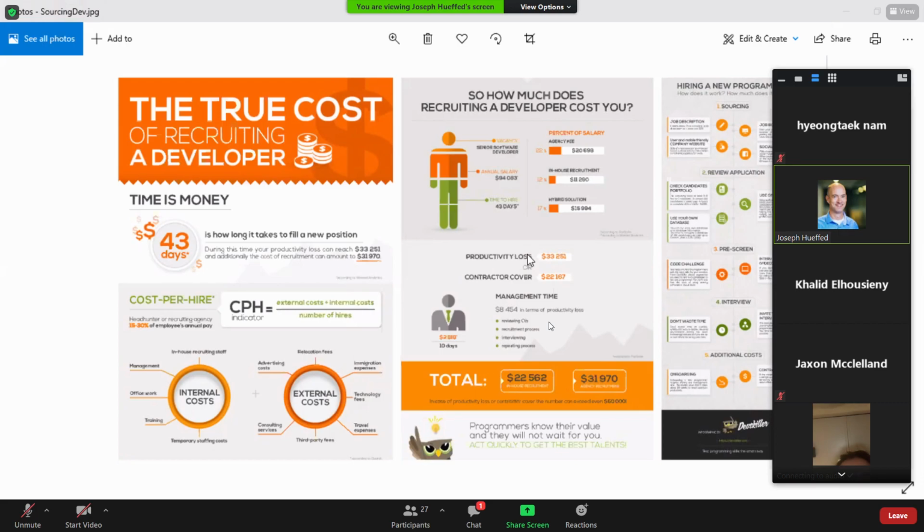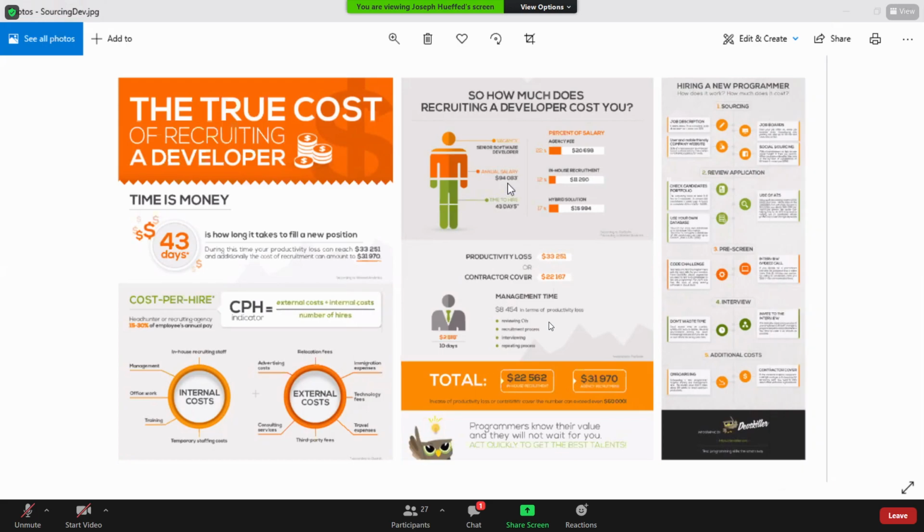So in this example, they have the position paying $94,000 a year. For easy math, I don't know why they didn't just say 100,000. So roughly 100,000 per year. This would be maybe not entry level, but a middle, maybe slightly junior level developer. And for a role like that,